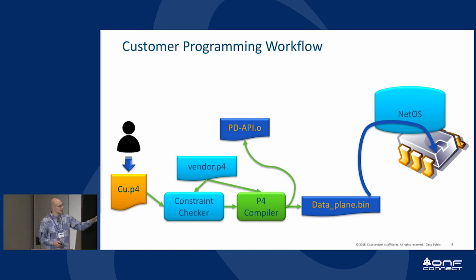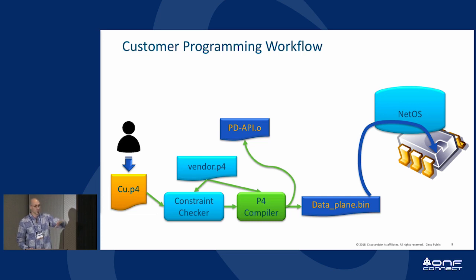Then their code will, first of all, go through some constraint checking to make sure that it satisfies constraints that ensure that those challenges are in check. And then their code will be merged and compiled with the vendor code